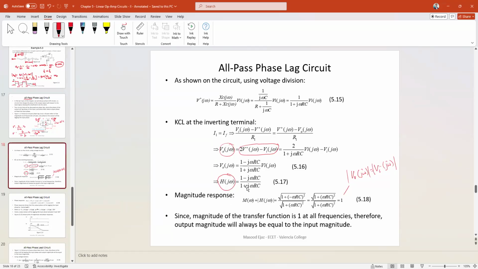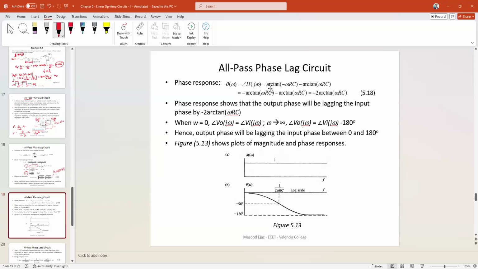So when we calculate the phase of this, it's going to be tangent inverse of negative omega RC divided by 1, minus tangent inverse of omega RC over 1, or tangent inverse of omega RC,